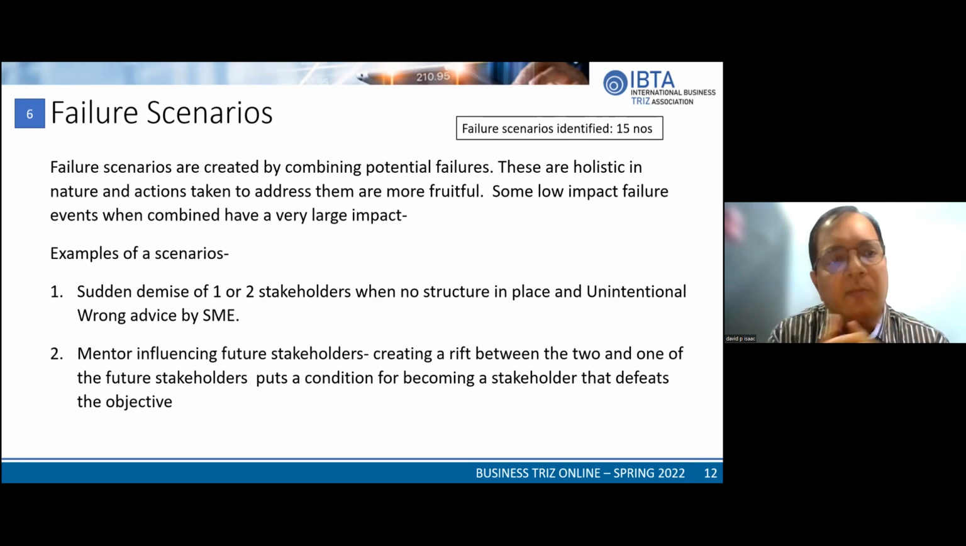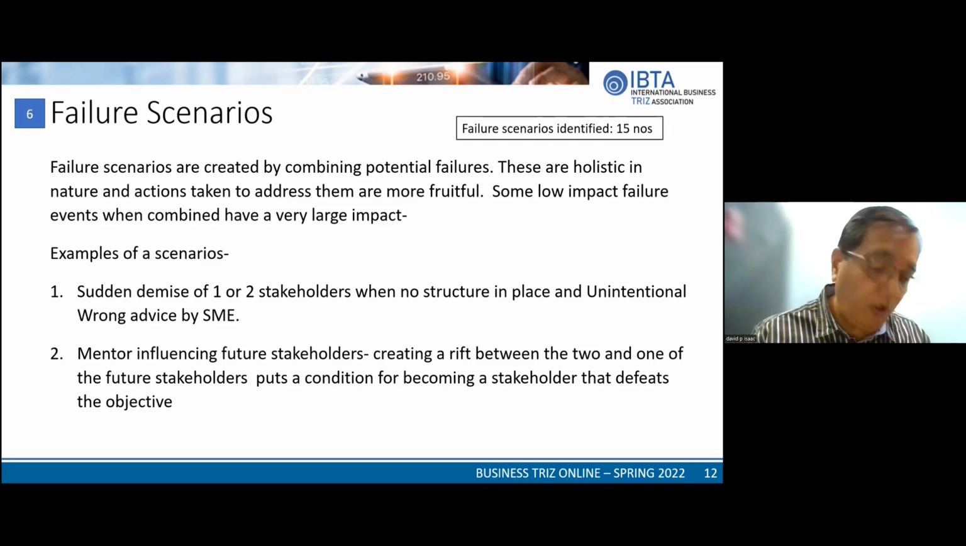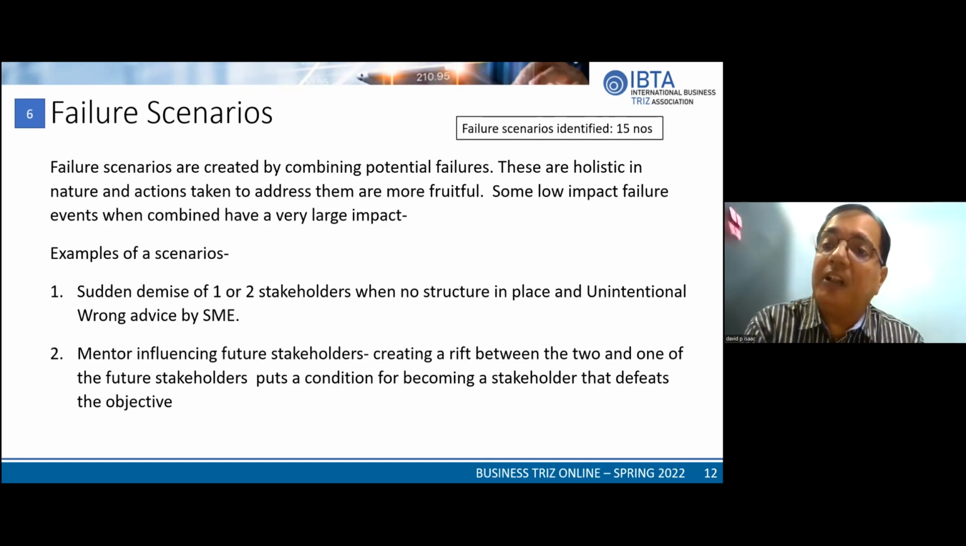So what if a sad demise of a stakeholder with no structure in place is combined with an unintentional wrong advice by an SME? If we put these together, we have a dramatic effect. Or a mentor influencing a future stakeholder, creating a rift between two or one of the future stakeholders, and the stakeholders put conditions to become a stakeholder, which defeats the purpose of business continuity. So we created multiple such scenarios,